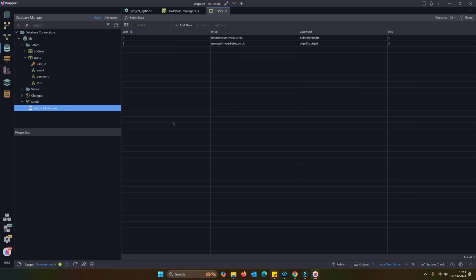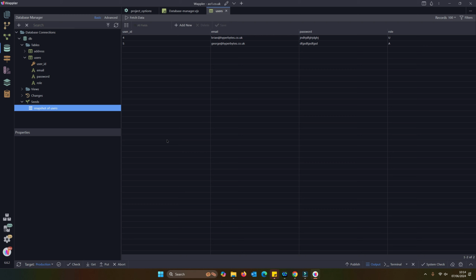Where it's useful in the main is that if you have a data set in your development environment that you want to replicate through to production, then you can create your seed from your development environment and then apply that seed through to your production.